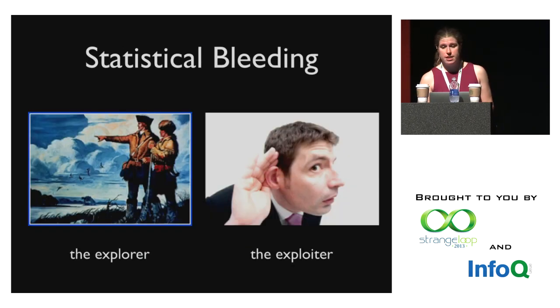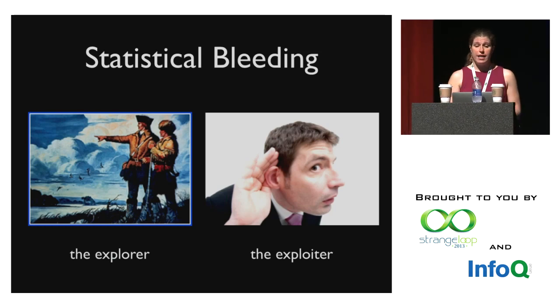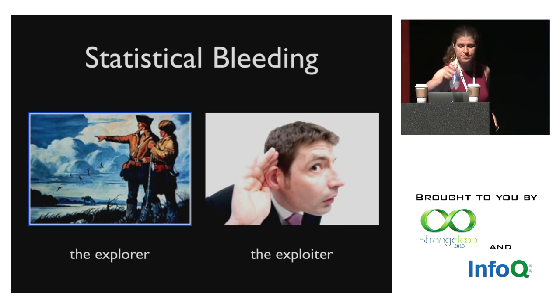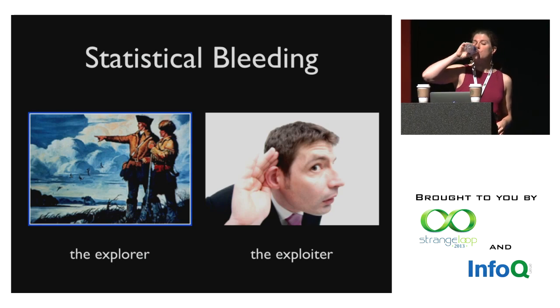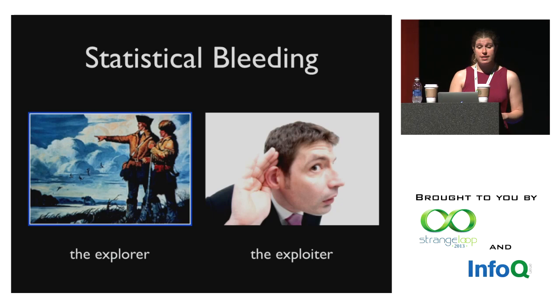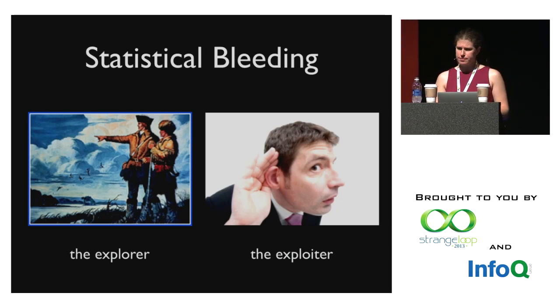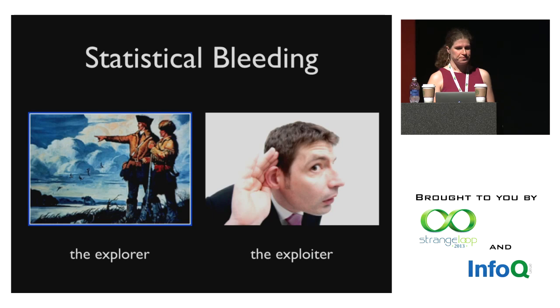So this one was fun, statistical bleeding. So usually, we have multiple rankers running at the same time for comparison. One common situation where this is the case is when we have an existing ranker and we want to test out a new one to potentially replace it. And when we do this, we'll slowly ramp up the fraction of users that get the new ranker over the course of a week or two.